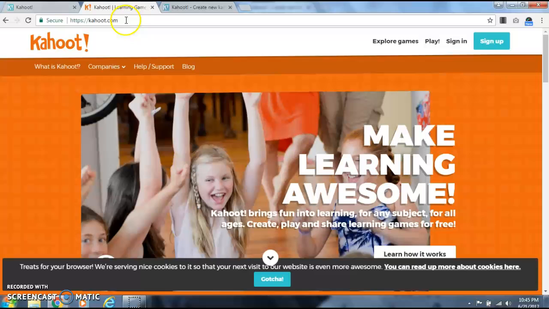Kahoot can be accessed by simply going to kahoot.com, and this is basically a free online game show style response system, very similar to the old clicker system that we use, but it's all online. So each student has the ability to have their own clicker. There is a team mode, but there's also an individual mode where students answer themselves using the device that's available